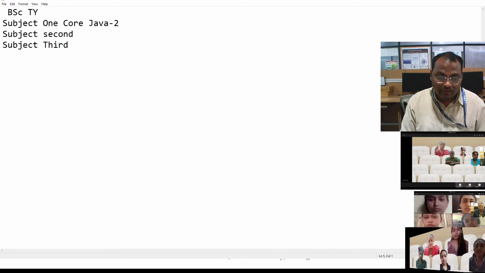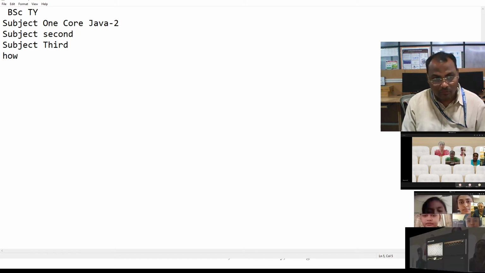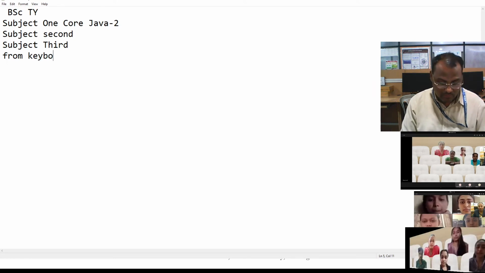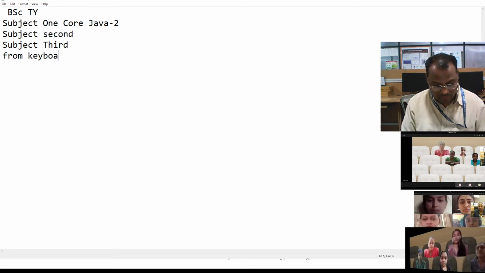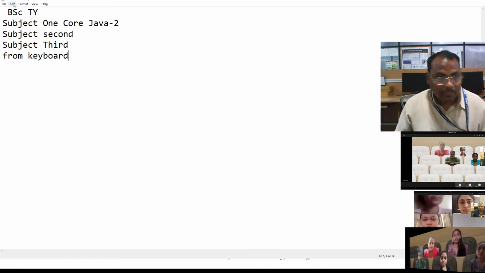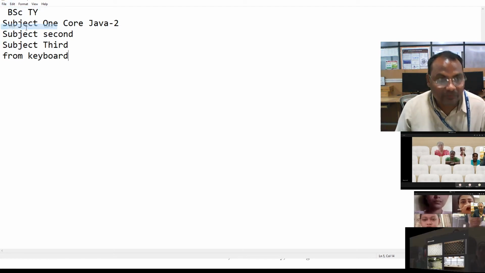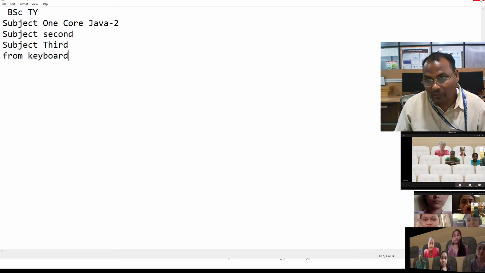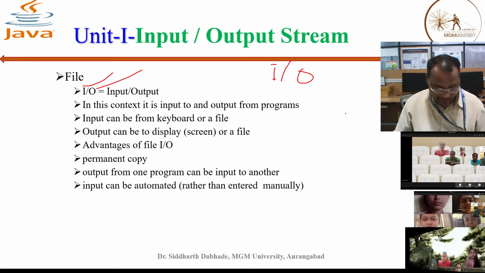Through the keyboard. How am I giving input in this file? Yes, from keyboard. Now suppose I have saved this file and closed it.